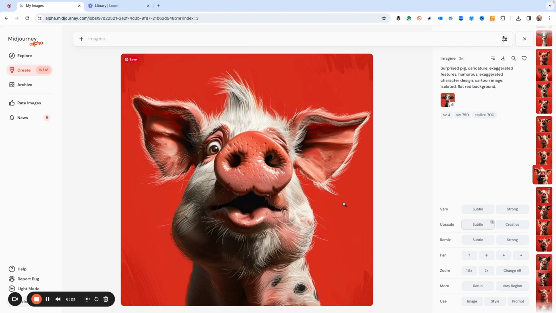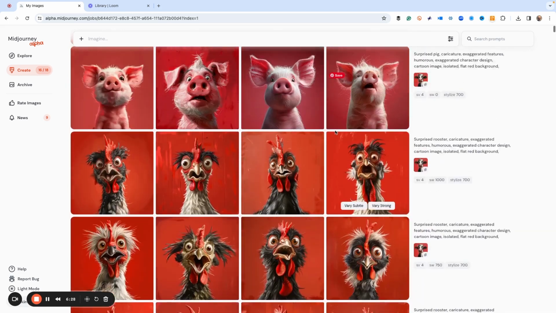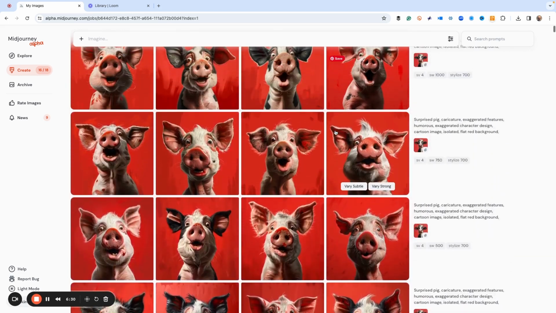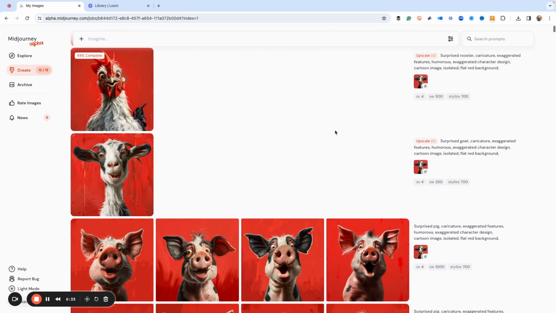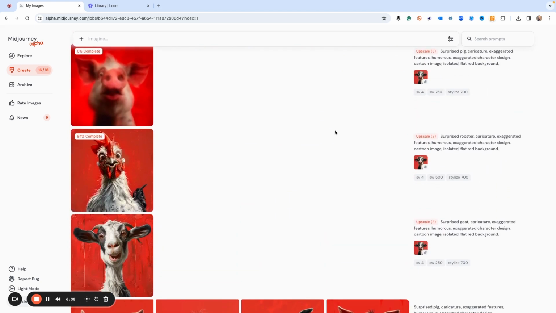Upscale subtle. All right, so here are our top three. We'll just back it out so you can see everything. And you can see that this really matches our surprise cow that we started with. We are getting some good images. So if we're trying to make a whole barnyard scene, it's better to do each individual animal on its own because that's going to give you better creative control over the situation. And here we've got a goat, a chicken, and a pig to go with our cow. And that's going to make a really cool montage image.